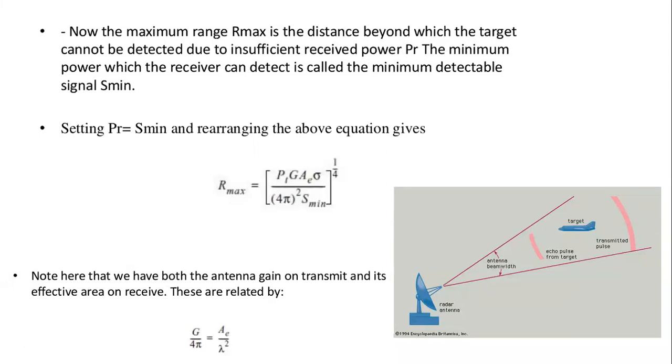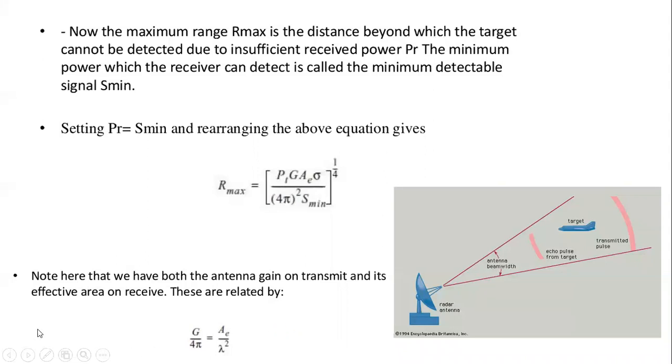Now we can represent this R max again in terms of wavelength. Now see, in this equation, nowhere are we talking about what frequency should be used to attain the maximum range. Here we are talking only with respect to power. Now here if the question comes, how much power is required to get the maximum range, you can use this particular formula. If the question says, what frequency should I receive or which wavelength should I use to get the maximum range, then you have to bring a little more formula into that.